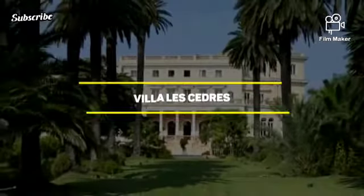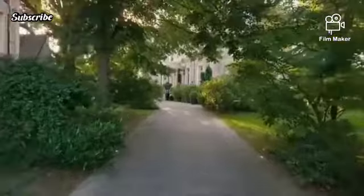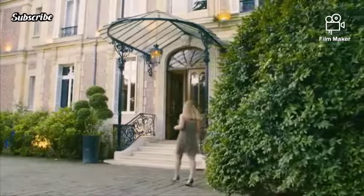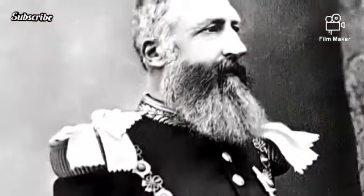Number 6. Villa Les Cedres. Next on our list is a mansion down on the coast of Saint-Jean-Cap-Ferrat in the south of France. We've actually talked about this home before on a previous list, why not check that out as well. This place is the perfect combination of luxury and history. The mansion has existed since 1830. And since 1850, when it was first bought, Villa Les Cedres has been home to many residents, including King Leopold